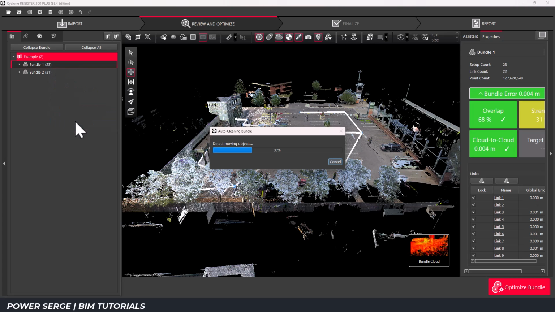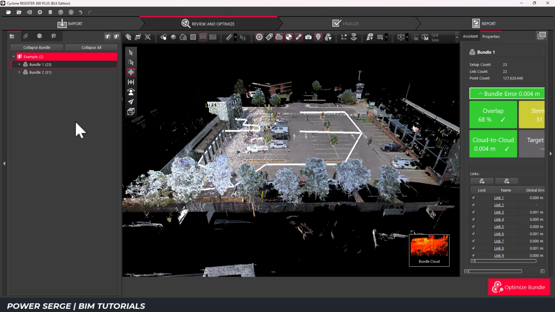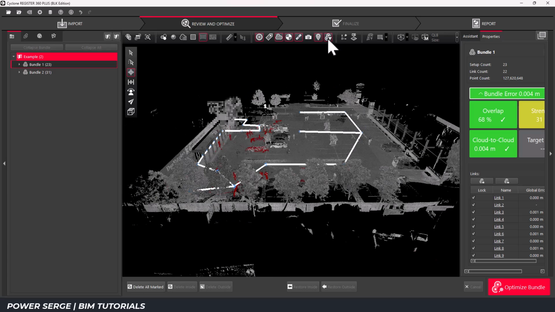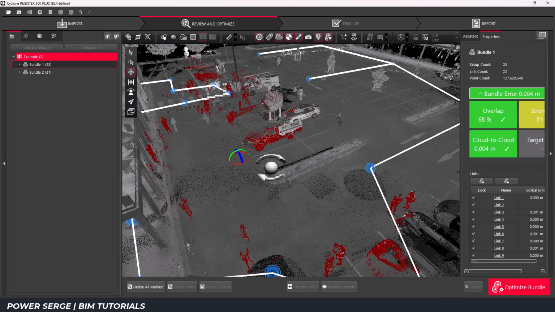What this does is compare overlapping data between scan positions to find mismatches. Basically, anything that didn't remain stationary during capture. Once the tool completes its analysis, go to the Show Moved Points tool. You'll notice the point cloud switches to grayscale. Any points that were flagged as moving, like ghosted people, motion trails, or duplicated cars, are now highlighted in red